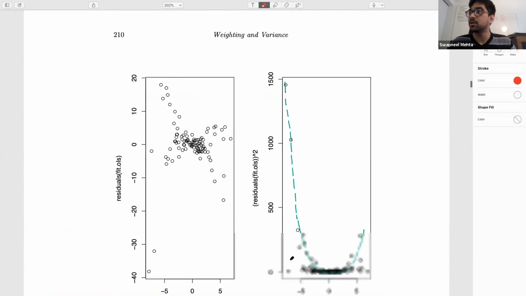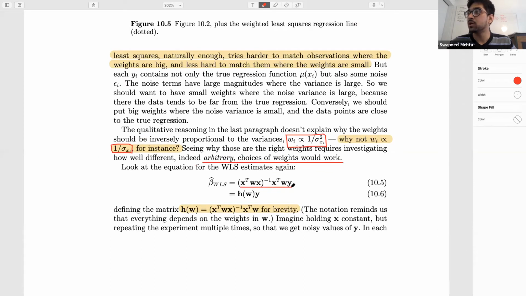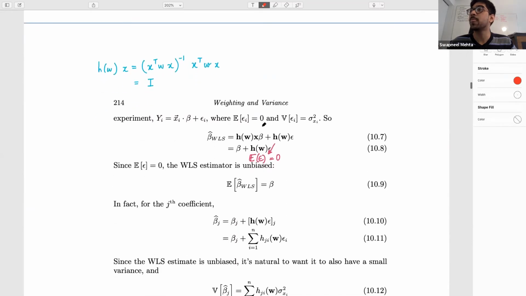Using that, it goes down to say this. So this becomes your new WLS estimate. If you write x transpose w x inverse x transpose w as HW, then you obtain your estimate. I've written some notes about this, so if you're confused about why this is the case, this is what your estimate turns out to be. Your estimate is the true beta plus some terms times the noise. If you take the expectation of this entire thing, then because the expected value of noise is 0, and the noise is uncorrelated,